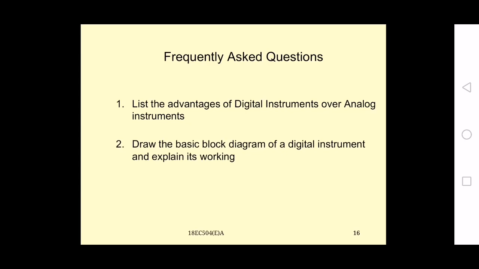If it is asked for 3 marks, you have to draw the diagram and explain each block. If it is asked for 1 mark, you just have to draw the block diagram, that is enough. And for the advantages, if it is asked for 1 mark, you have to write at least 2 advantages. If it is asked for 3 marks, you have to write at least 6 advantages of digital instruments over